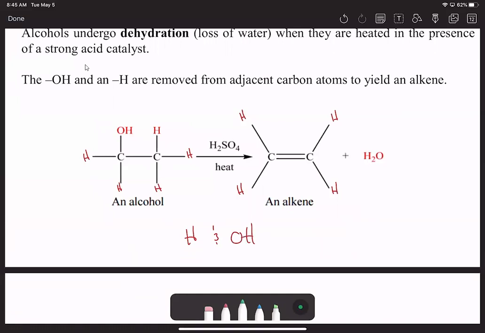And how we do it, well, here I see my hydroxy group. And now I have 2 hydrogens. I have a hydrogen over here, and I have a hydrogen over here. Well, we're only going to remove 1 group